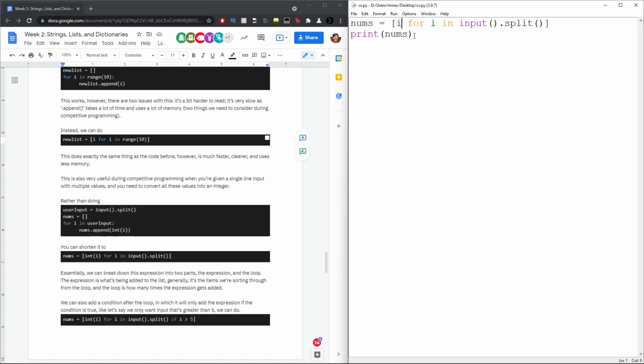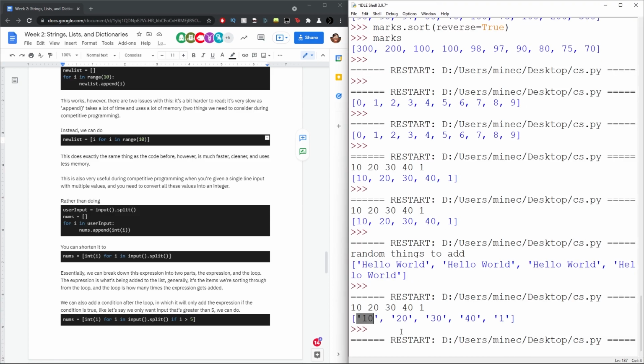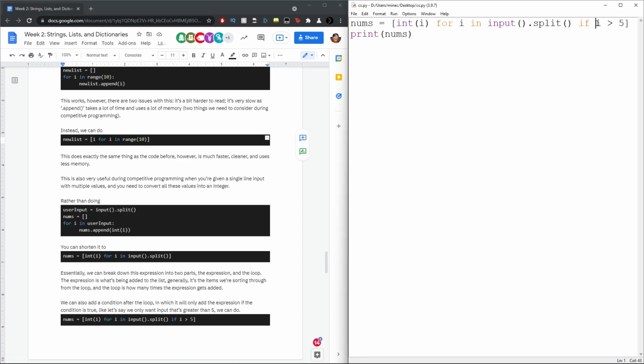And then finally, at the end, after the for loop, you can add a condition after the loop, in which it will only add the expression if this condition is true. So let's say we only want inputs that are greater than 5. So let's say we have int i, and then we say if i is greater than 5, and if we run this, let's say we have 10, 20, 30, 41. Oh, whoops! I didn't do that right. int i. Let me just fix this. int i. If we run this again,